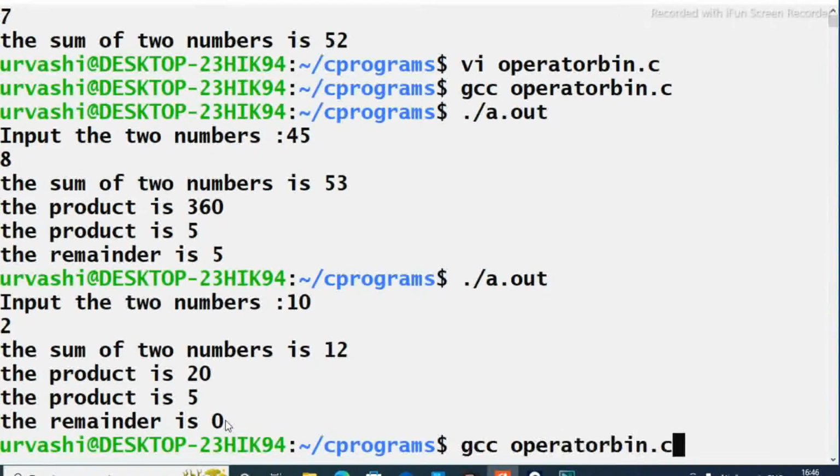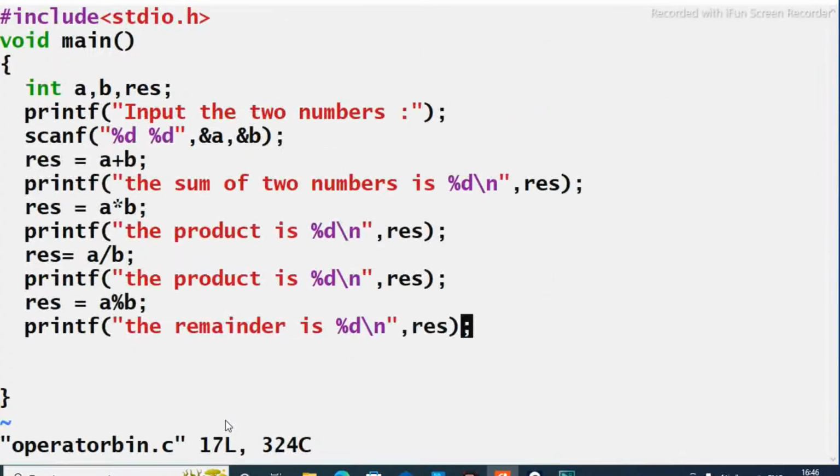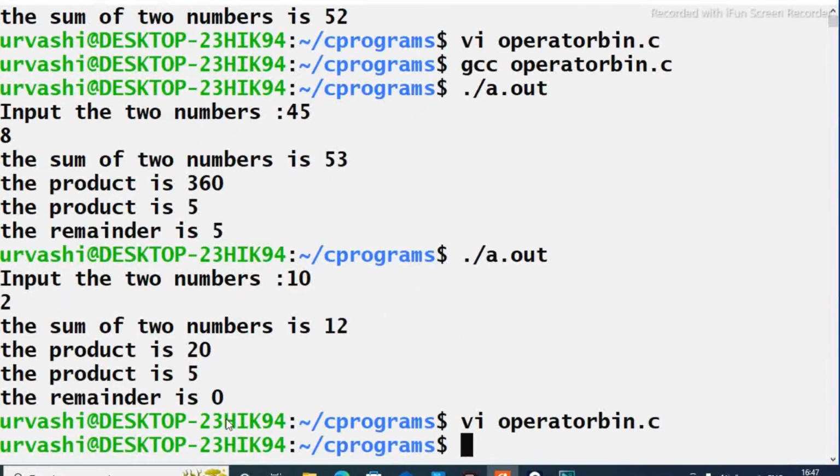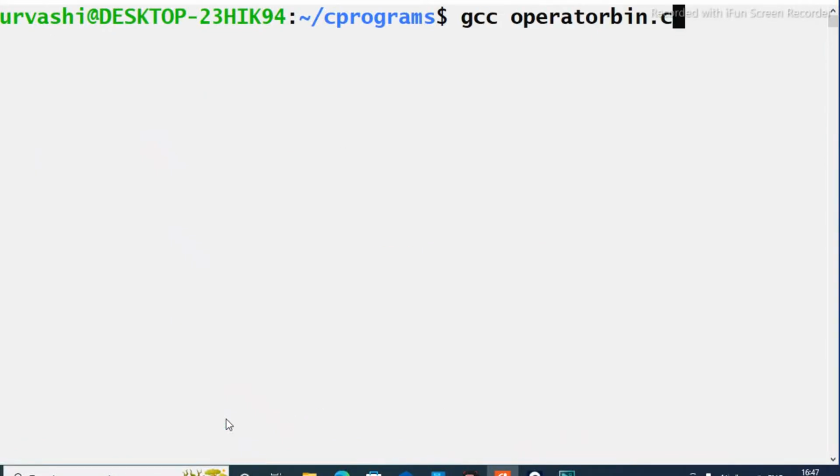So let's edit this to have the correct message. Rather than writing product here, we can say quotient, or you can say dividend. Quotient is this. So we are going to save this and clear it, and then recompile because we have modified something, and then we are going to